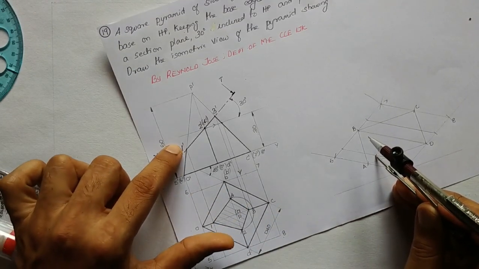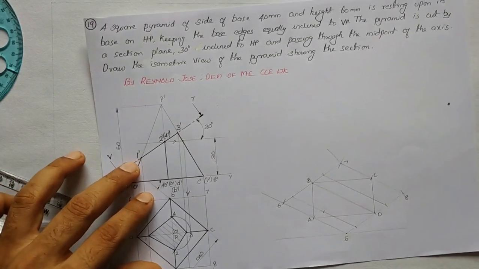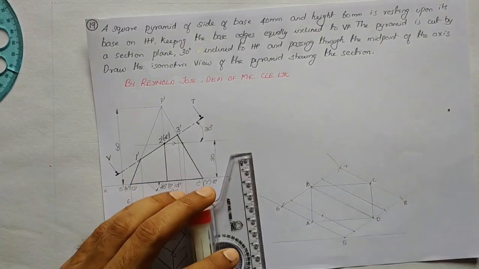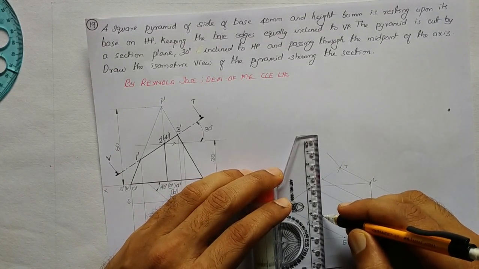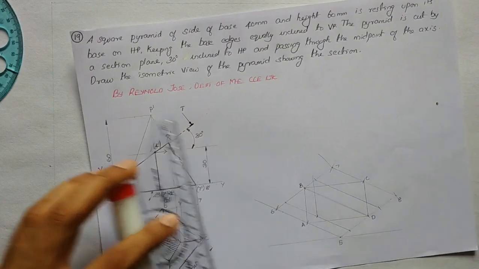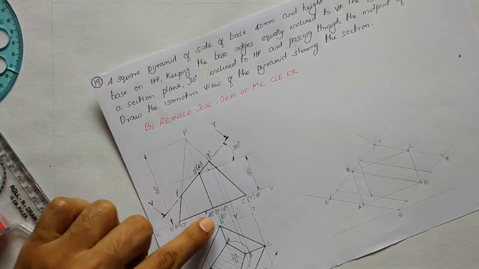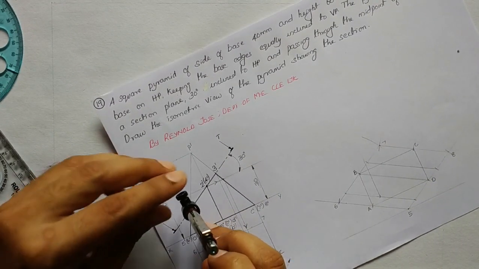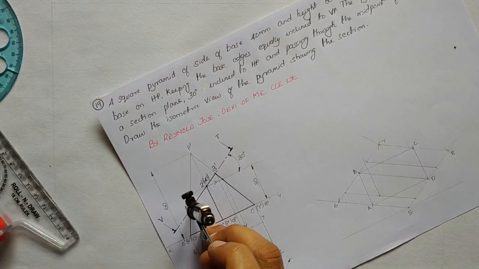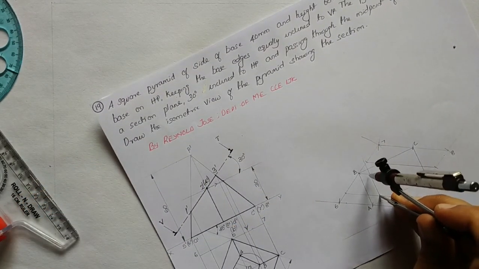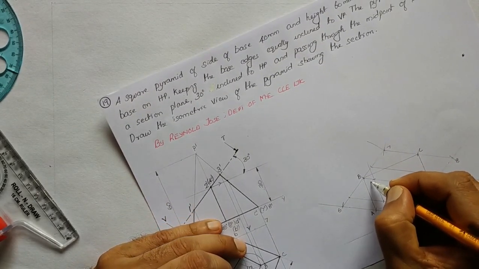So where is 1 located? 1 is located somewhere above from the base. So let us draw a thin line from this marking vertically upwards. So from this marking, let us draw a straight line, a thin line, and along this thin line, let us mark the distance of 1 dash with respect to the base. So you take this in compass, 1 dash with respect to the base. This is a vertical height. So this vertical height, let us mark it on this line, and this point will be point 1. So this is point 1.